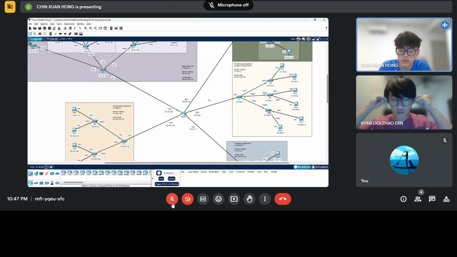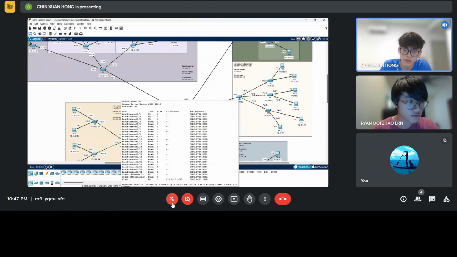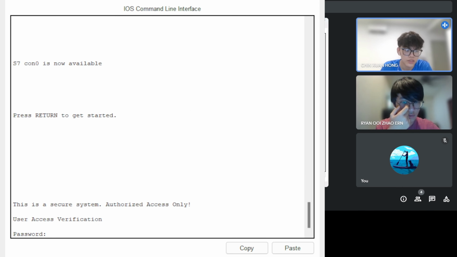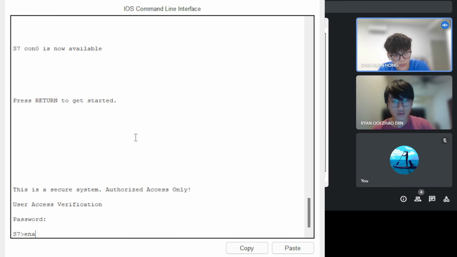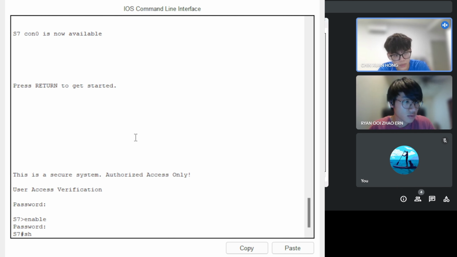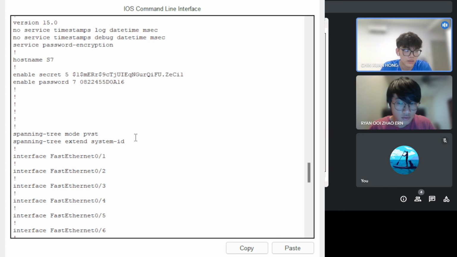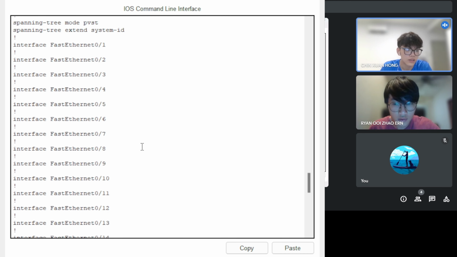Okay, so now I will show you how to assign the IP and configure the terminal for the switch. The example we use is switch number 7, the S7 in the first subnet, the first switch. So first we need to use the password Cisco and enable, and enter the secret class. So now we show run. So this run will show us this. We already enabled the secret, enabled the password with the encrypt method, and the hostname is S7, and below that